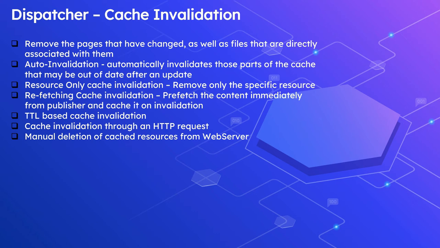The default stat file level is 0, meaning the site from the root level is invalidated, the complete site, on every cache invalidation request from the author. Configure the stat file level based on your site structure. You can even control the files that should be invalidated through some configurations. For example, if you don't want to invalidate the .js or .css files, and only want to invalidate .html, you can configure that, or you can even configure at the specific file level.